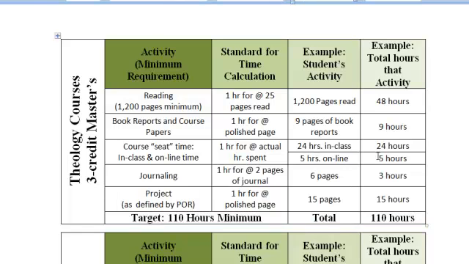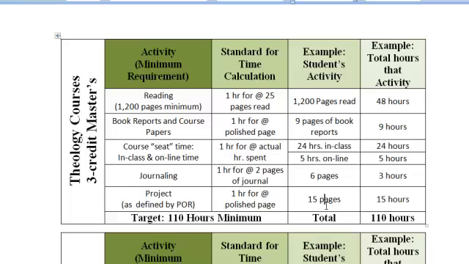Therefore, you're doing your independent study and you're not going to have any seat time, correct? So you would subtract this approximately 30 hours from this total, and that other 30 hours would need to be made up somewhere else here by adding more books to read, by adding